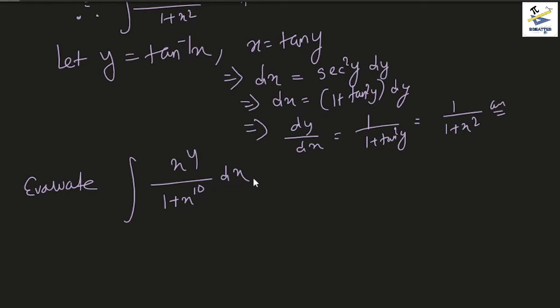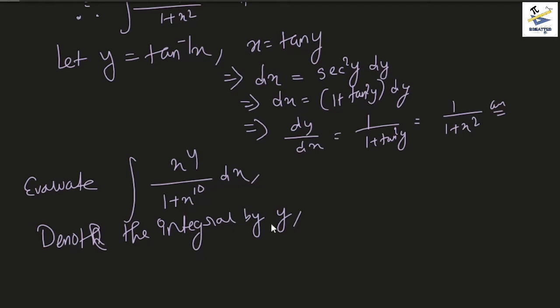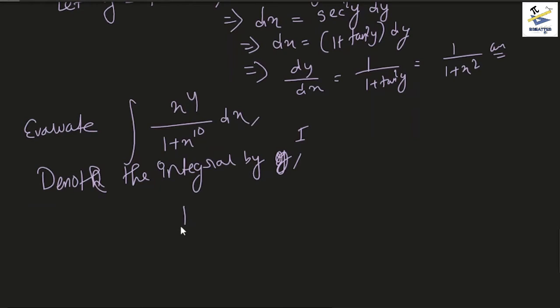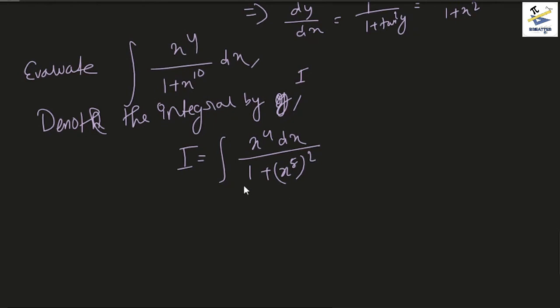But what we can do here is denote the integral by I. Then what we get is capital I equals the integral of x to the power 4 dx divided by, and we can write x to the power 10 as x to the power 5 whole squared, because in that case, if we substitute